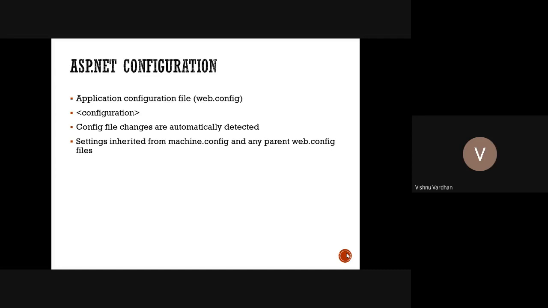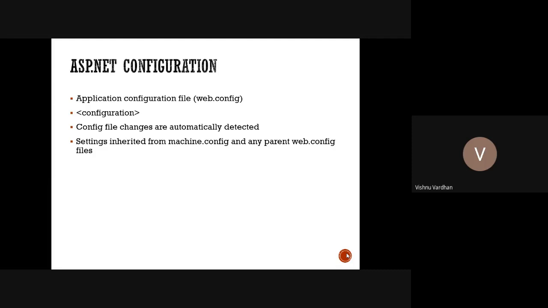We have completed the state management techniques in the last session, and another part is to write some information which is applicable for all the ASP.NET application. That means in the state management techniques, we have seen how we can write some information either on the page or on the web server's memory or in the application context or in the cookies. Different techniques were there. They were all important when we are generally coding for web development.